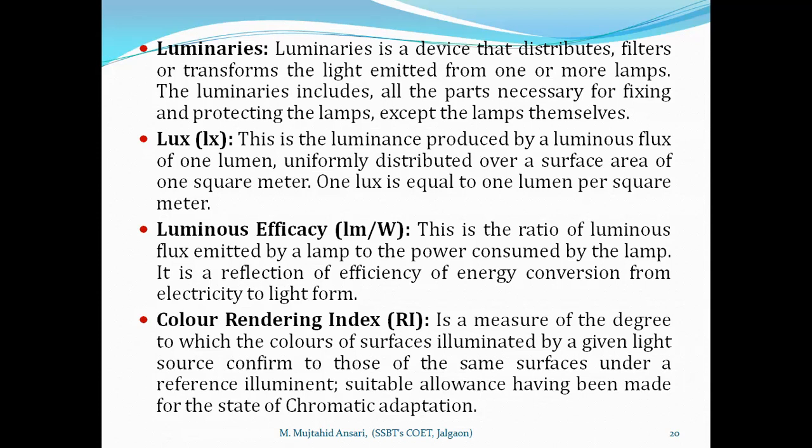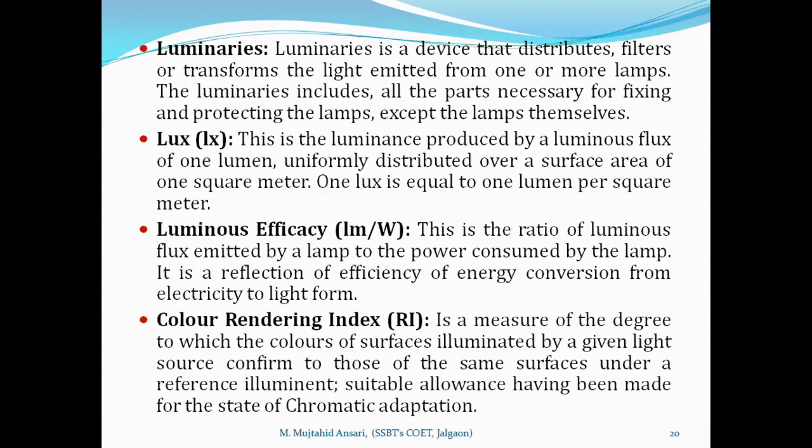What does it mean? It means that suppose you bring a red color in the natural daylight. So this is the reference light. Now if you put that red color card below the LED light, it will show the same color. If you place it in the mercury vapor lamp, the color is slightly going to change. But if you put that same red color just below the sodium vapor lamp, you will find that the color becomes somewhat different. You will not see it as red, it is a yellow color. So there the color blindness is there.